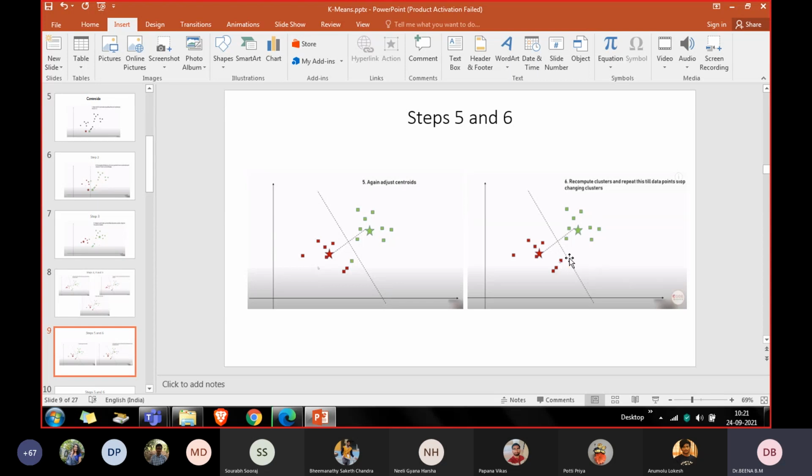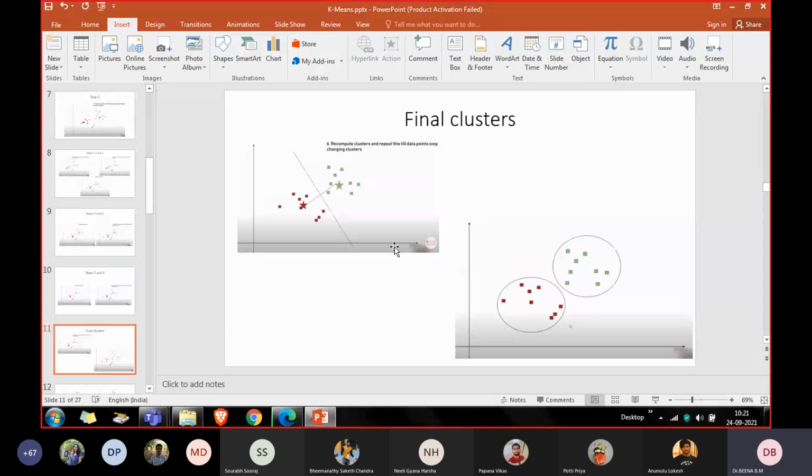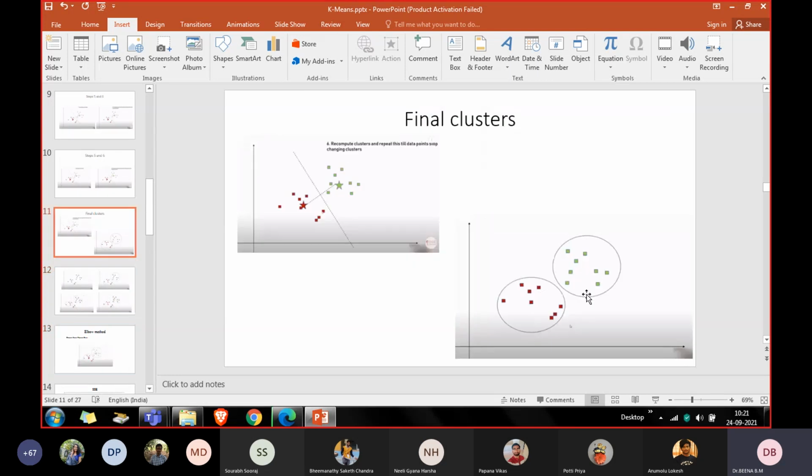Right now, if you run one more iteration, there will be no shifting. So now the clusters are perfectly bifurcated. This is the final cluster. We can see the two final clusters decided by the algorithm. Next,